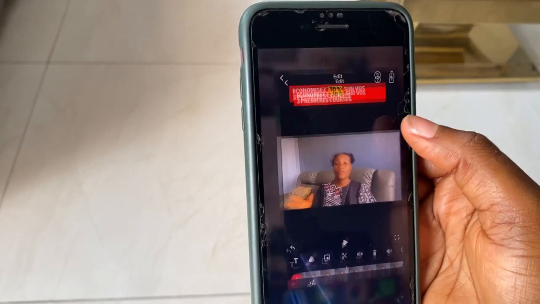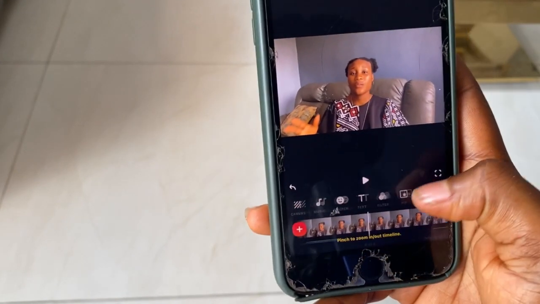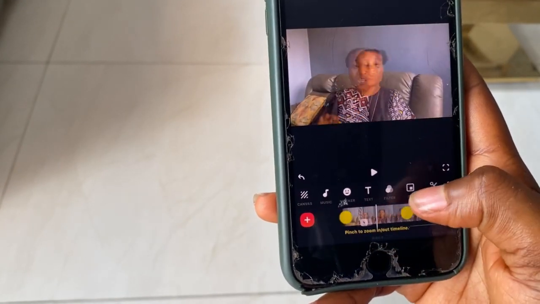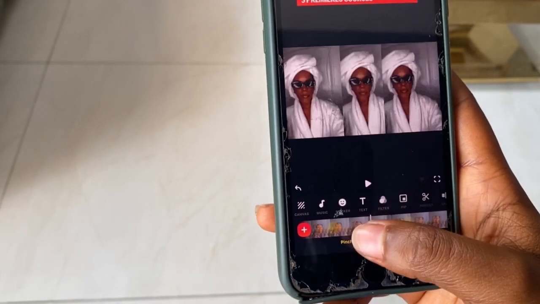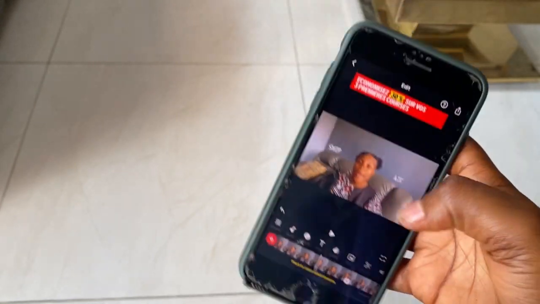As for me, I use Inshot to edit all of my videos. I recently downloaded CapCut. I'm going to watch a couple of tutorials on how to use CapCut, such that I don't just have one way of editing, but I can actually edit with multiple applications. And I equally plan on learning how to use software on my computer to edit my videos. But for a start, you just need Inshot. I mean, that's what I use, that's what I recommend. You can use Inshot to edit your videos and you're good to go.